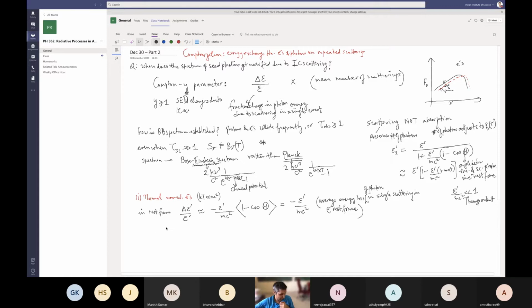Now we have assumed that epsilon by mc squared and kT by mc squared are both much less than 1. So we can actually motivate this expression. Let me first write this down: 2 minus epsilon by mc squared plus alpha kT by mc squared. So this is the relative change in photon energy